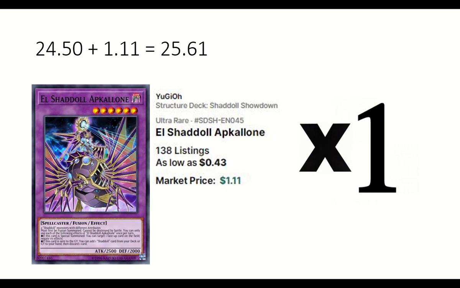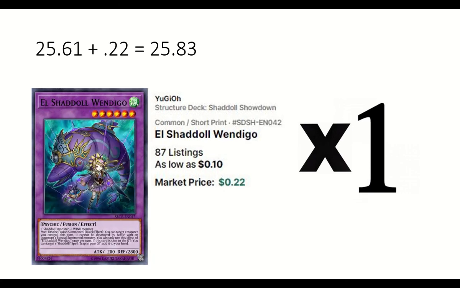1 Naelshaddoll Apkallone. When this one's special summoned, you can target a face-up card on the field. This one is different when sent to the graveyard because you can add any shadow card from your deck or graveyard to your hand, but then you discard a card, which usually just gains you more effects. 1 Naelshaddoll Wendigo. You can target one monster you control. This turn it cannot be destroyed by battle with an opponent's special summoned monster, so this helps to protect you